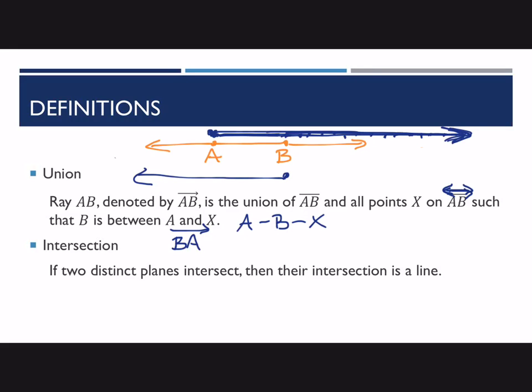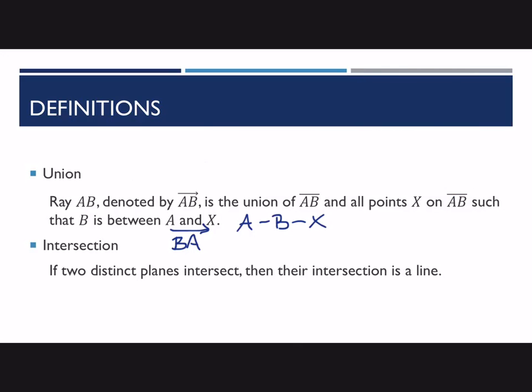All right, and then intersection. So union is joining or combining together different things. Intersection is what two sets have in common, sort of like the overlap of two things. All right, so we talked about two planes. If they intersect, then the part that they share in common is a line. So that's an example. We also talked about if two lines intersect,